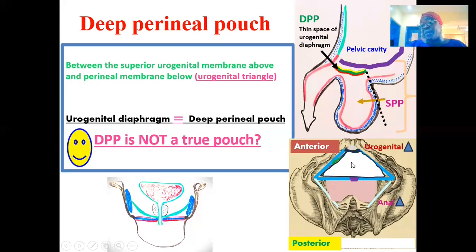So this is where you have the perineal membrane demarcated, highlighted here in white, and you see it covering the inferior surface of the urogenital diaphragm. And this is what is presented here in this image. So we now say that the deep perineal pouch is located between this